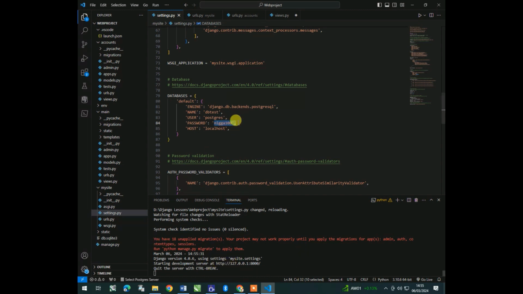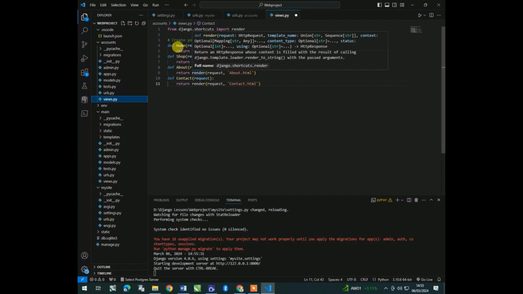Now we have no errors in our project, and you can see you have 18 applied migrations, and your project may not work properly until you apply the migrations. Now, as I have said,